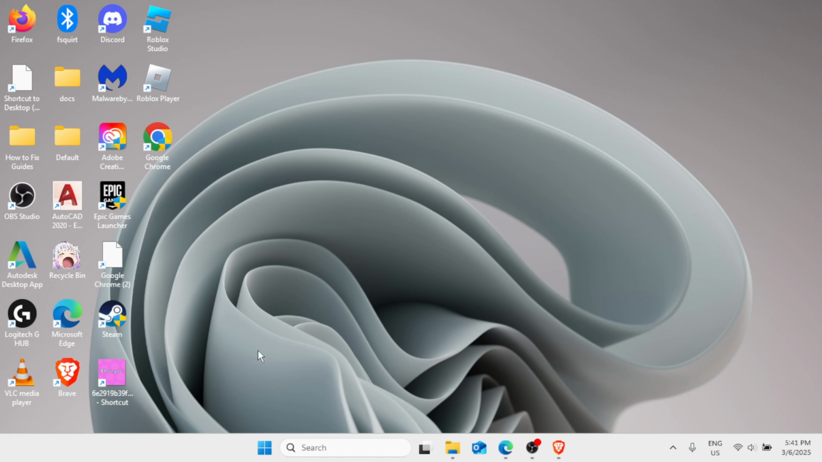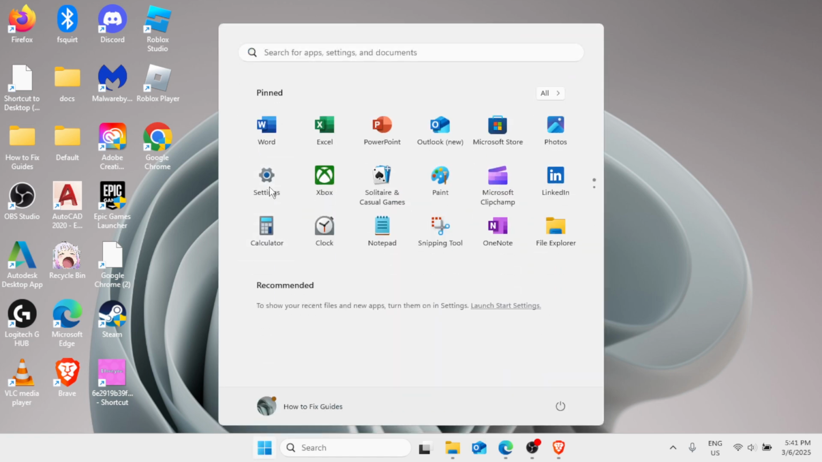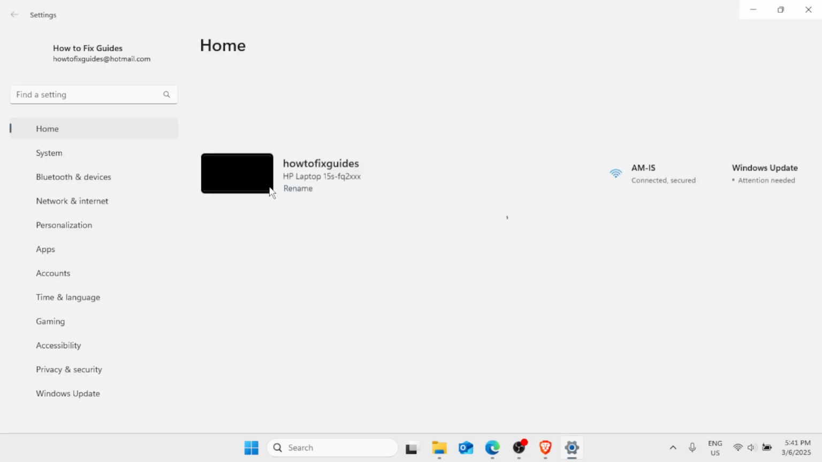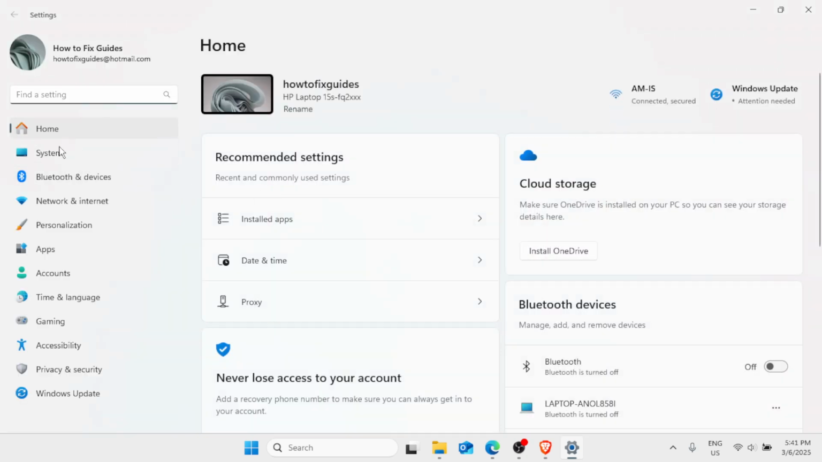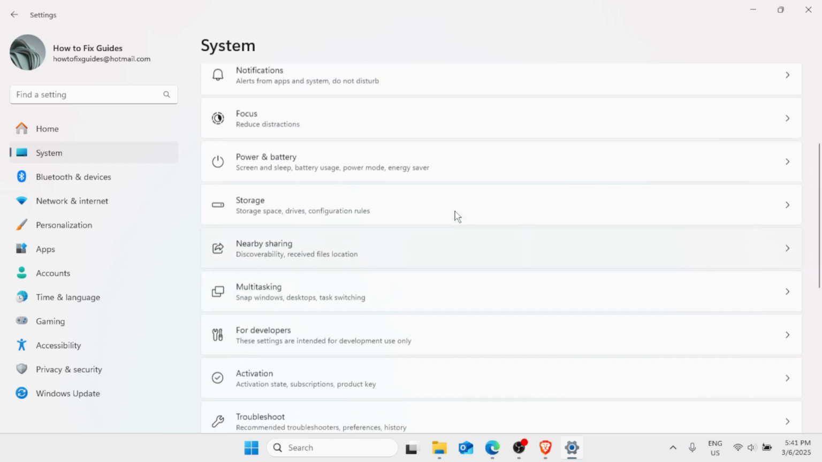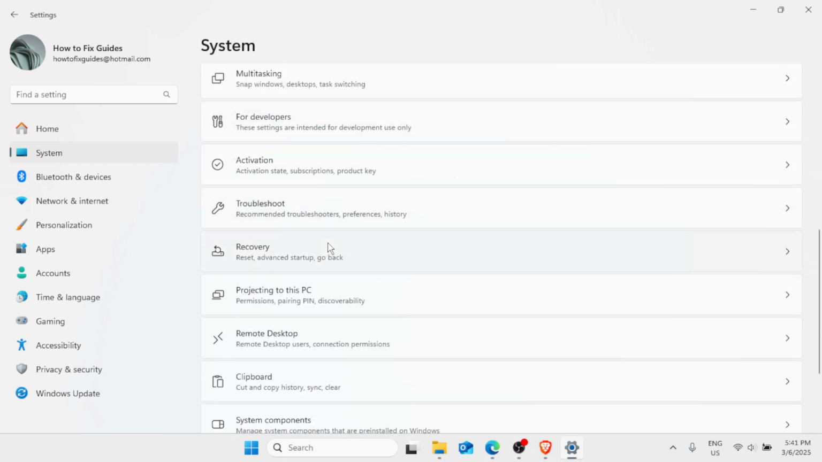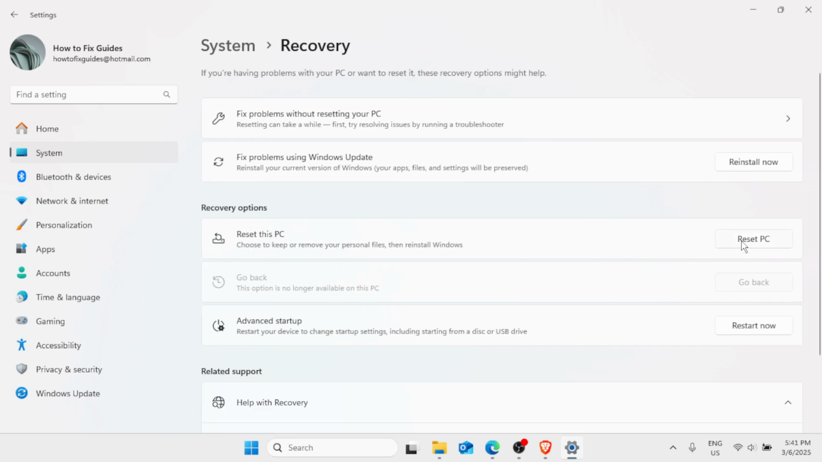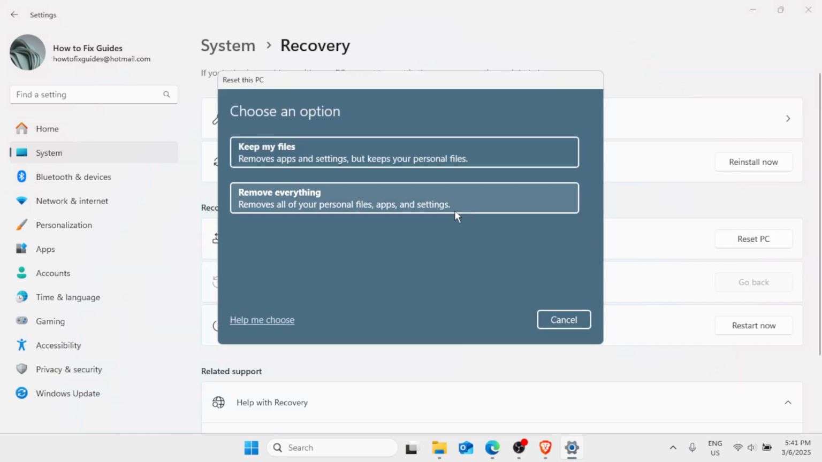Then for the final method, click on the start button, go to settings. In the list of options on the left pane, you have to click on System. Scroll down and you'll find Recovery. Click on Reset this PC, but before you go on with this process,